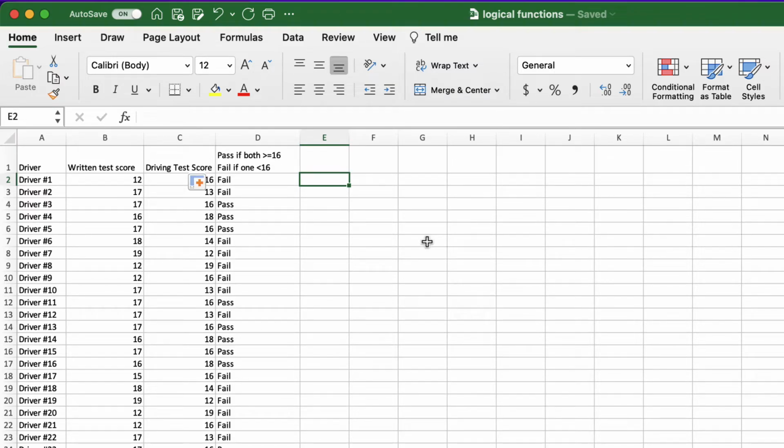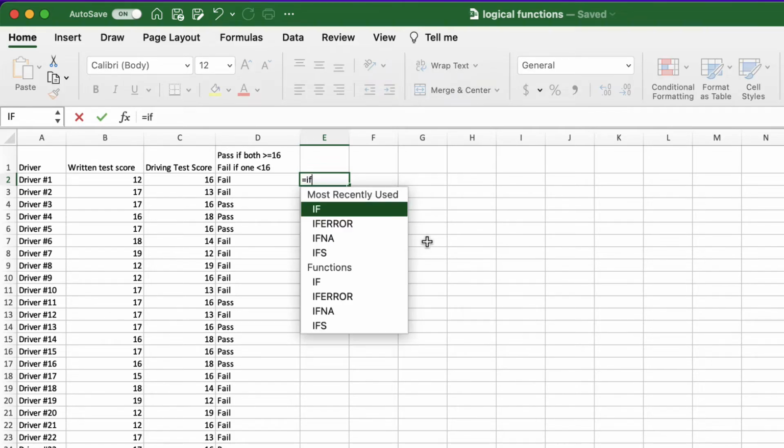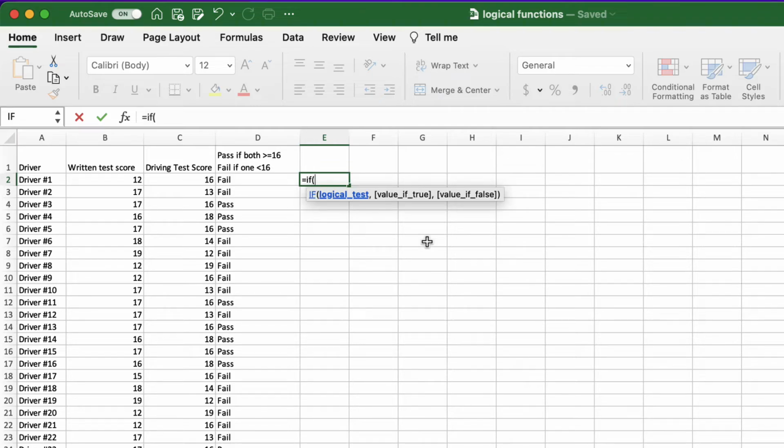Let me do it again, but using numbers this time. Select cell E2, equal sign, IF, open a parenthesis, then we write the logical expression. The function AND, open a parenthesis, select cell B2, greater than or equal to 16, comma, select cell C2, greater than or equal to 16, close the parenthesis.